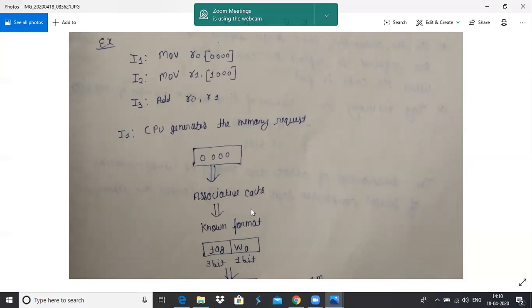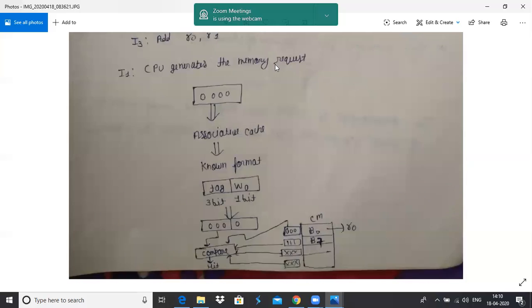The associative cache is applied. The main memory request is represented in the known format, tag and W0. Tag requires 3 bits and W0 requires 1 bit. So 0000 will be represented like that, 3 bits for tag and 1 bit for word offset.